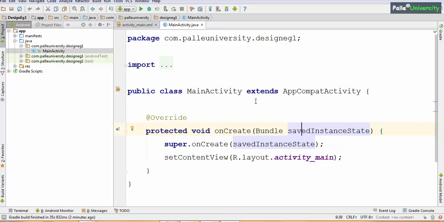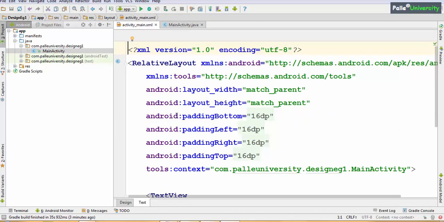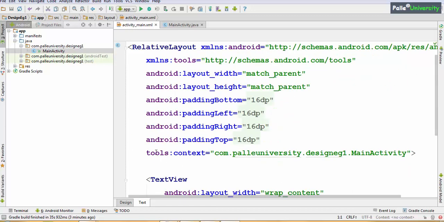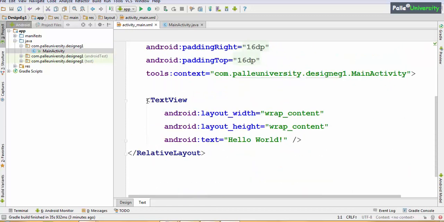Now, in this session, whatever we have learned in the previous session about pixels and DPs, I will try to show with one example. I will open Activity XML screen design. Now, in this relative layout, in place of a text view, you can apply DP to text views also, but let me take a button in place of the text view. Currently width is wrap content.